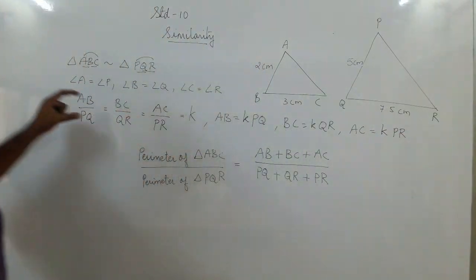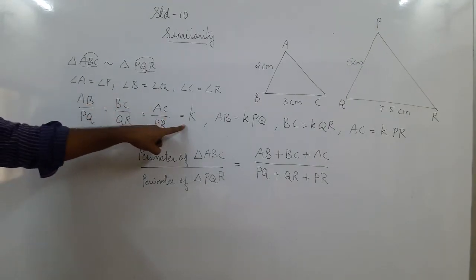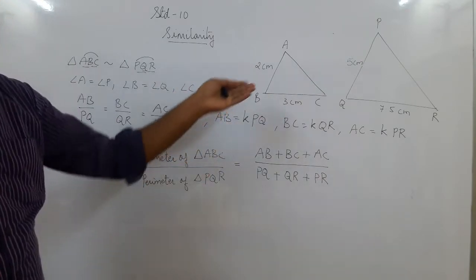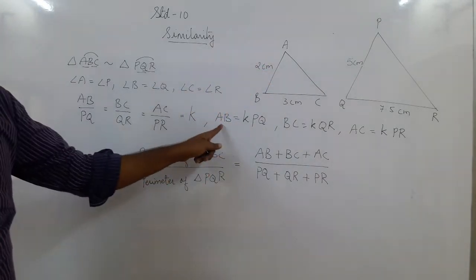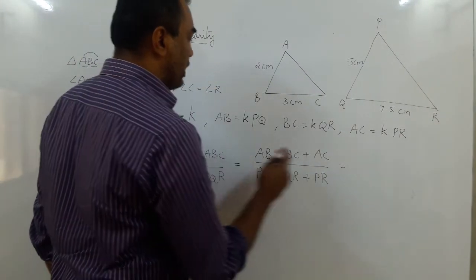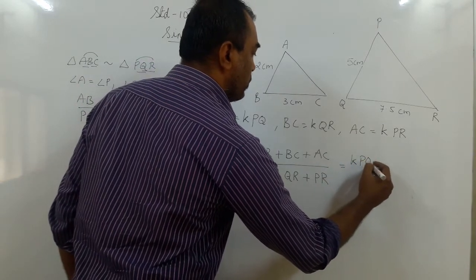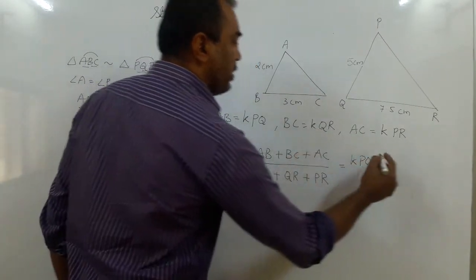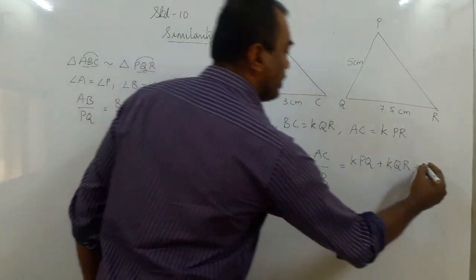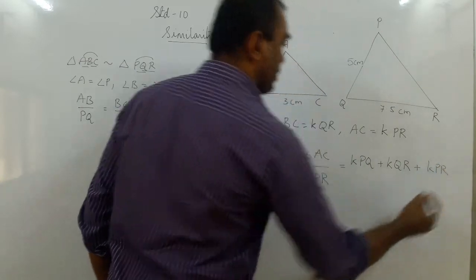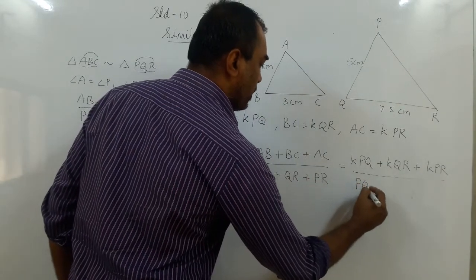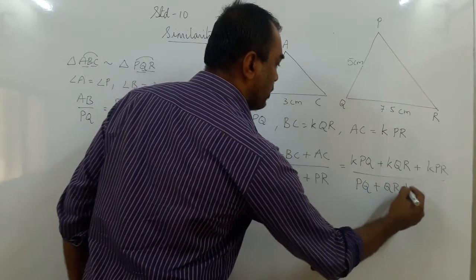Okay? So you followed? So the ratio was equal. I took the ratio, I showed you the example. It can be 2/5, it can be 2/4 or 1/2, whatever we take. So this was an example. And now the value of AB is K times PQ. So I replace the values. Instead of AB, what I write? KPQ. Instead of BC, what I write? KQR. Instead of AC, what I write? KPR. And below, I keep it as it is, PQ plus QR plus PR.